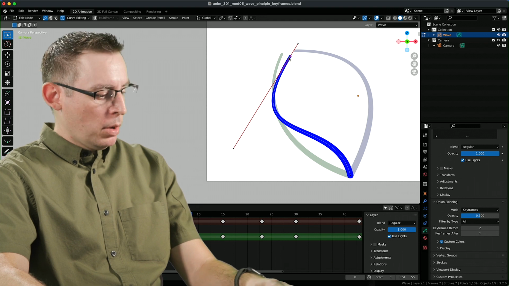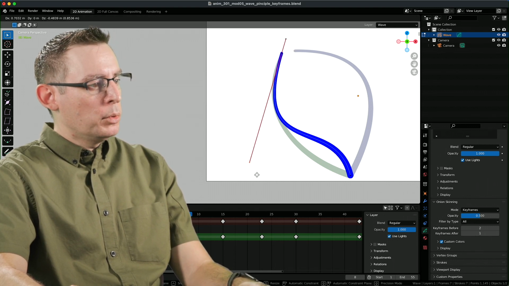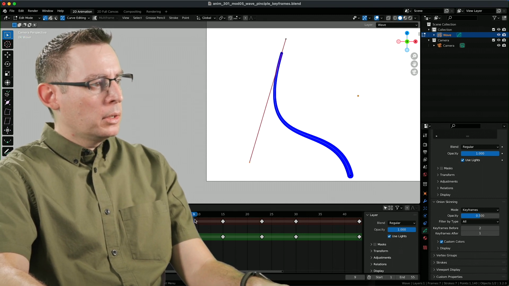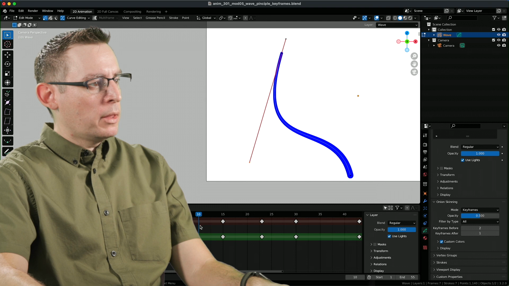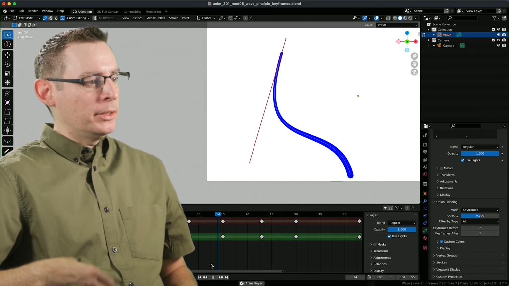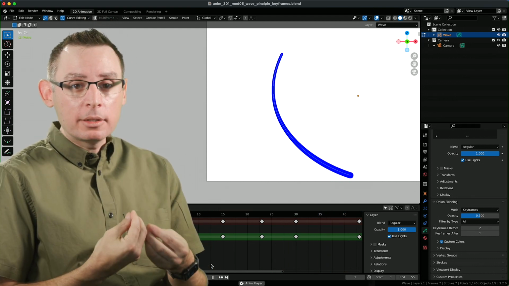Let's go back into edit mode. I'm going to move the tip only, and we'll move the base. That way the tip doesn't move all that much until we get to this drawing. Then the tip is going to start to move. That's really good. Yes, there it is. Nailed it. That really accentuates and amplifies the weight of all of this.